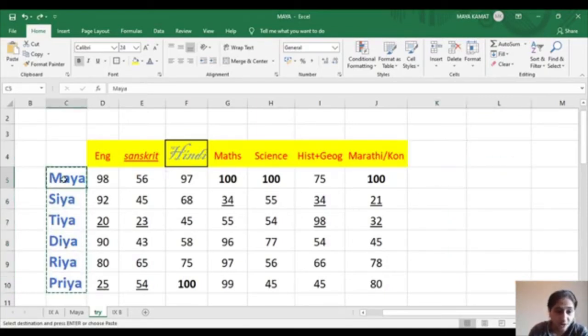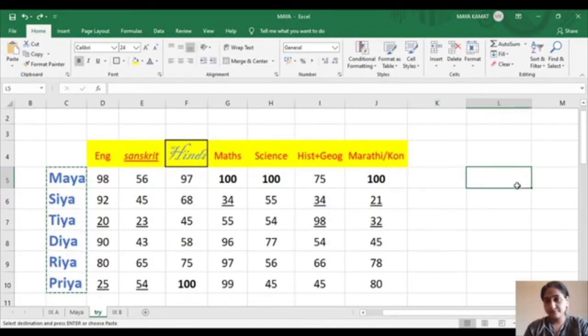It will keep one copy here and make a duplicate copy elsewhere. But when you say cut, it will directly remove it. It is going to cut it from there, and if you do not paste it, it will not paste anywhere. But if you click on some other cell and click on paste, it will paste it there. Clear? Is the difference clear? Yes. Okay, that's nice.